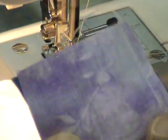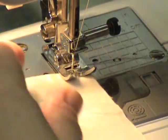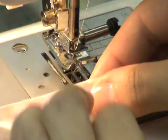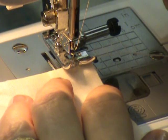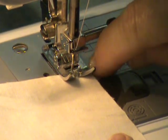I have just finished sewing the purple to the blue. So it is done. I'm going to set it over to the side. Now I have the gold and the cream color. I'm going to get them even at the top and even on the right. I'm going to put them under my presser foot where this edge of the material lines up with this edge